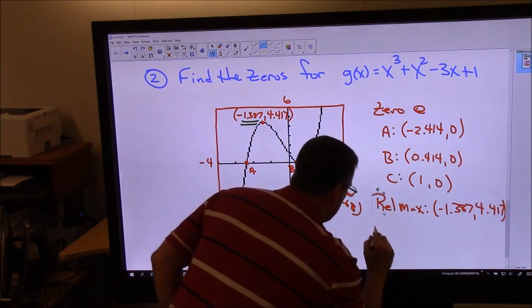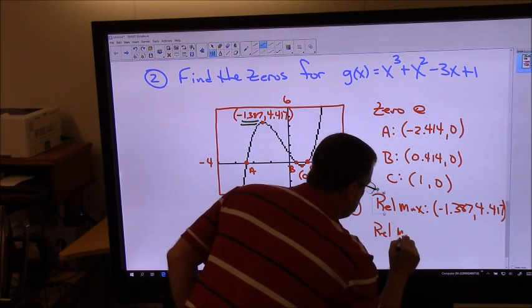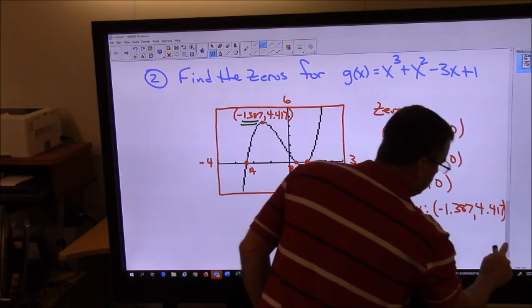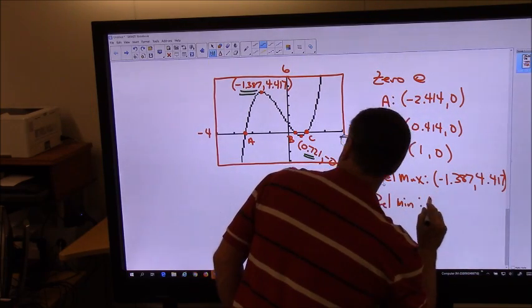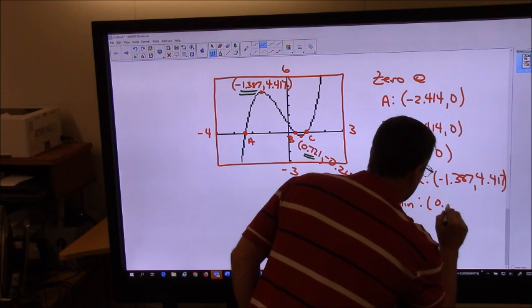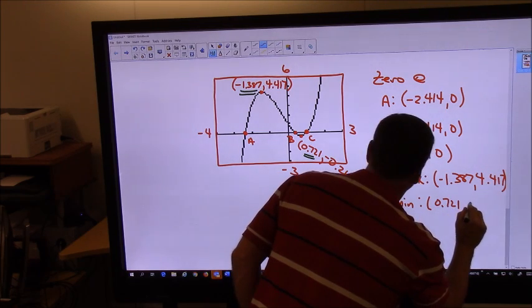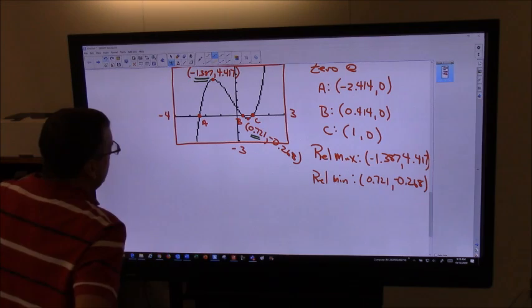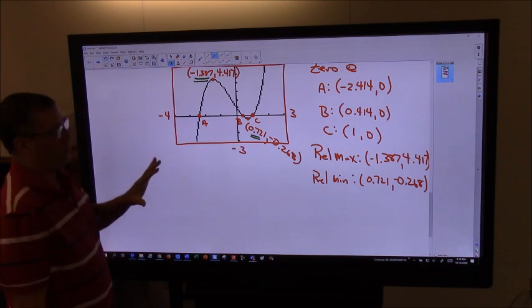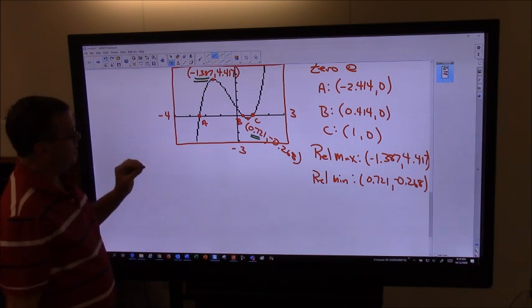And then my relative minimum is going to be 0.721, comma, negative 0.268. All right, so what we want to do now is find the intervals where this thing